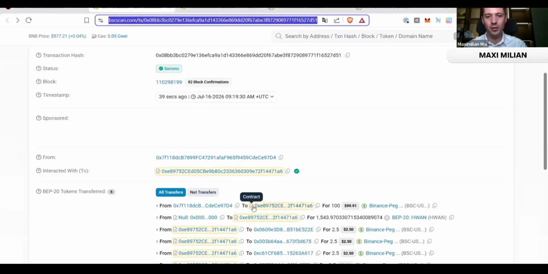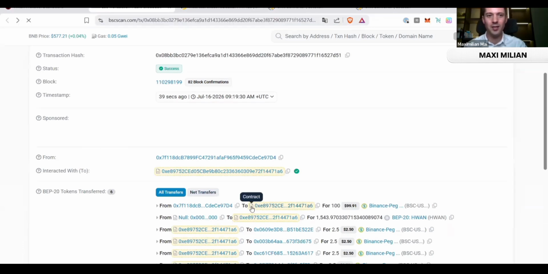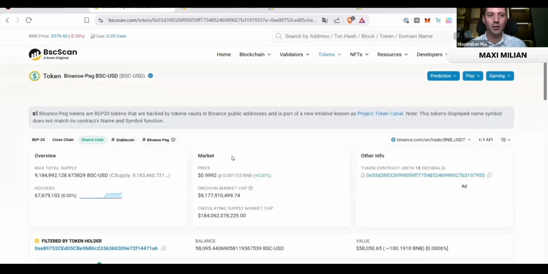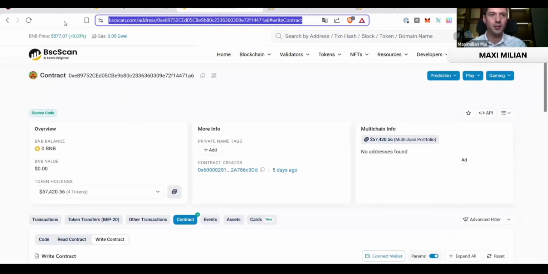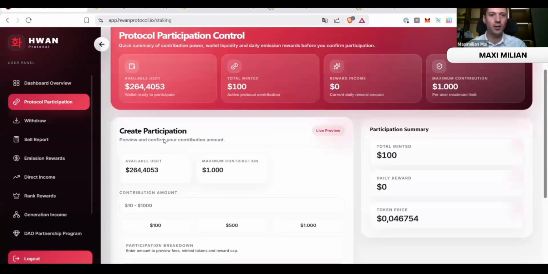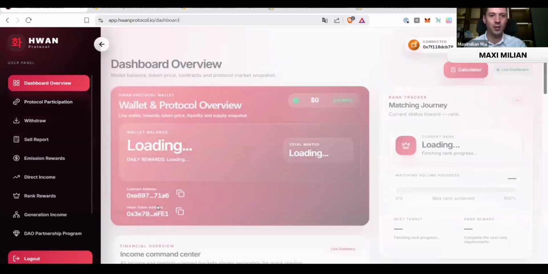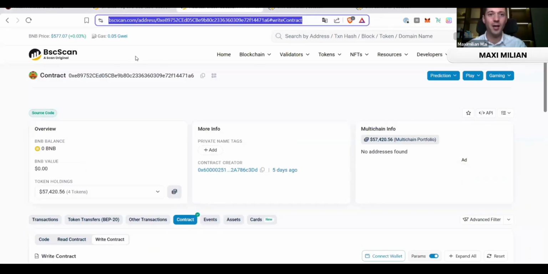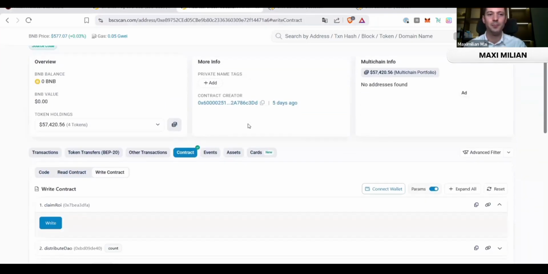HWAN Protocol. And here, if you go to this little icon, you see that it says contract, right, and then you go to the respective contract, and I have opened it here already. So it's this one as it shows on the dashboard as well. Actually here, right, the contract address 71A6, and if you go here on BSC scan, okay, you can also see it here, 71A6, and you can